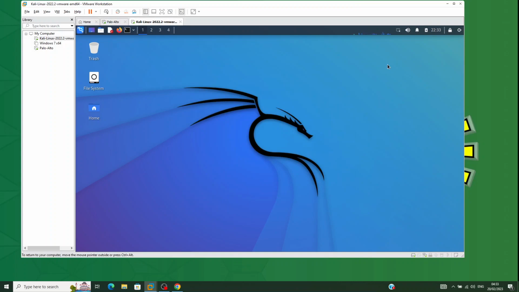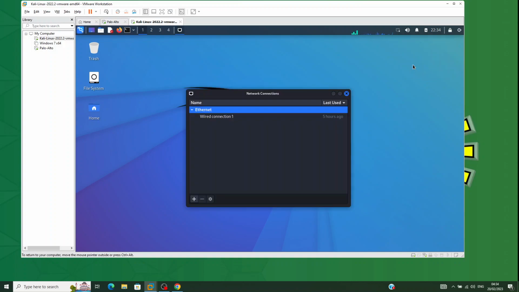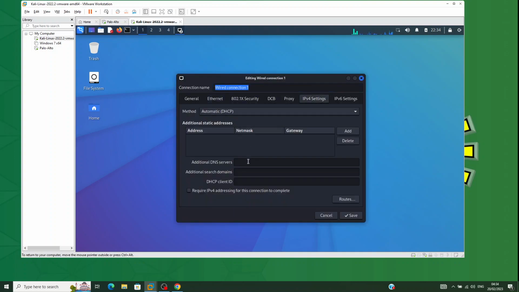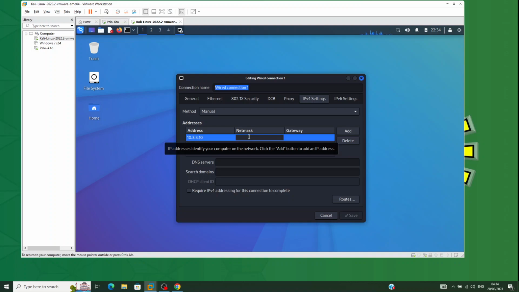Now back to my Linux machine. Remember, this is my inside zone, so I want to do the static network settings. So I put in the IP address to match my diagram. Click on manual, add. Then it's going to be 10.3.3.10, and the netmask is going to be 255.255.255.0,